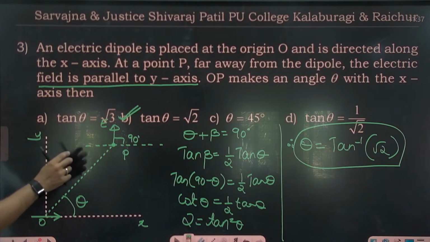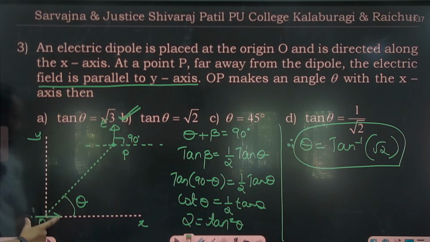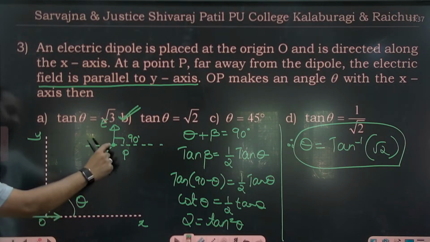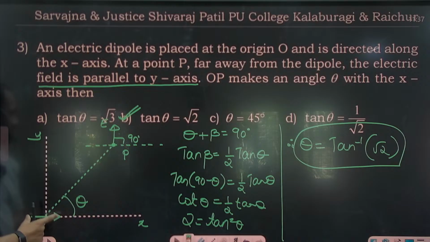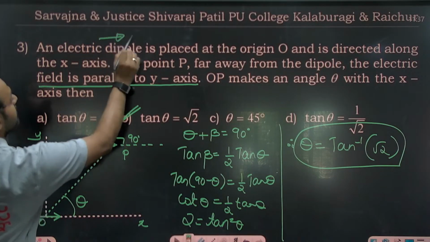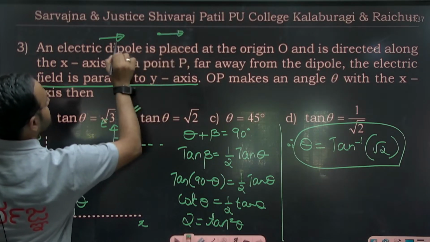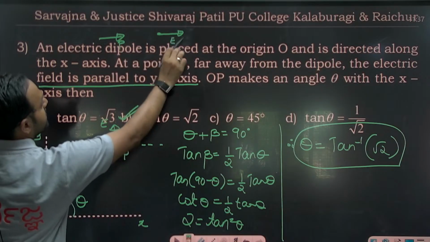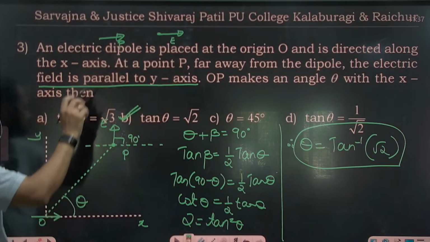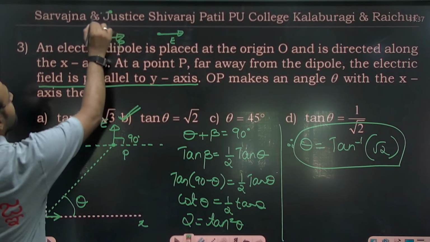So basically, at this point P, the electric field is perpendicular to the dipole moment, right? Look at the dipole like this. Electric field at this point, what is the direction? This is the dipole. The electric field at this point is okay, because it is the axial point. But when you take an equatorial point, the electric field